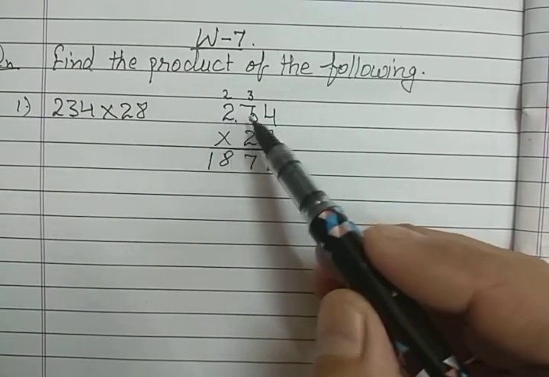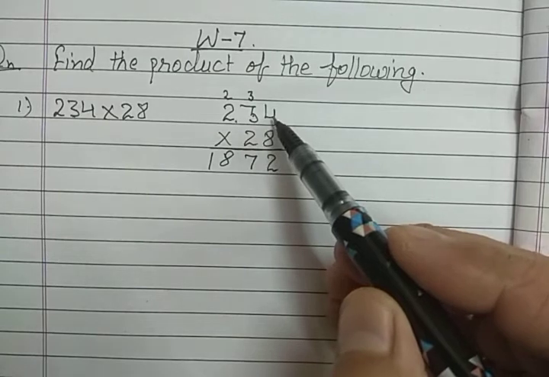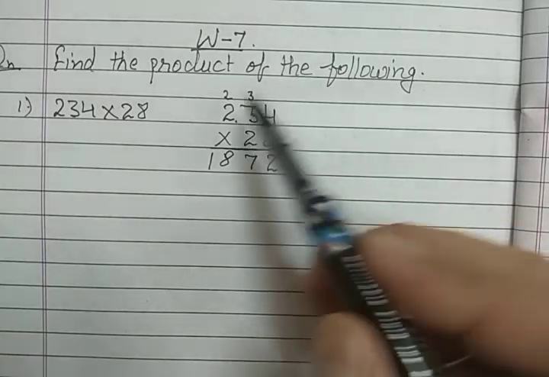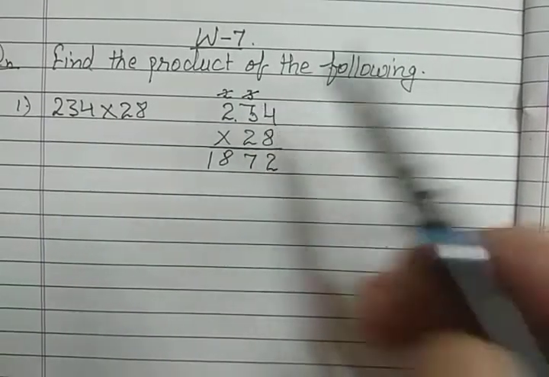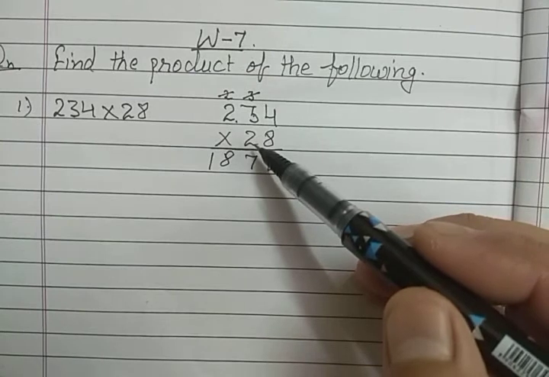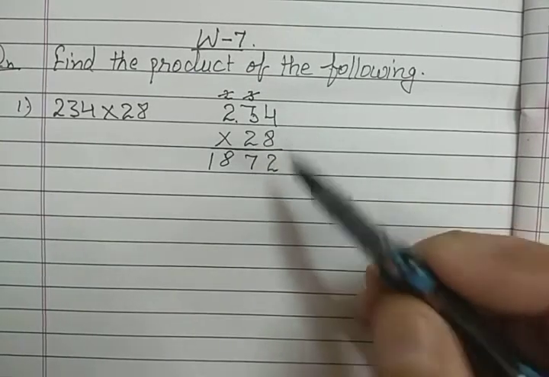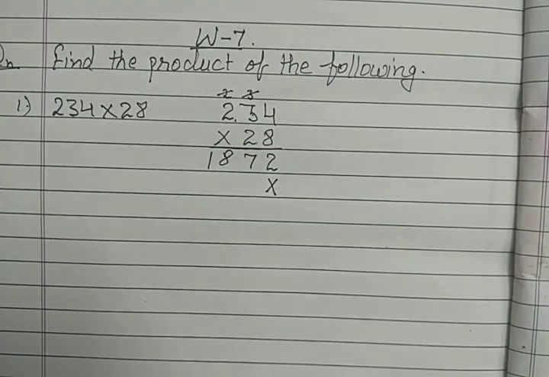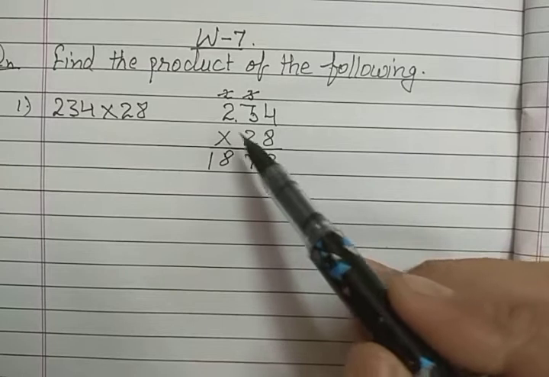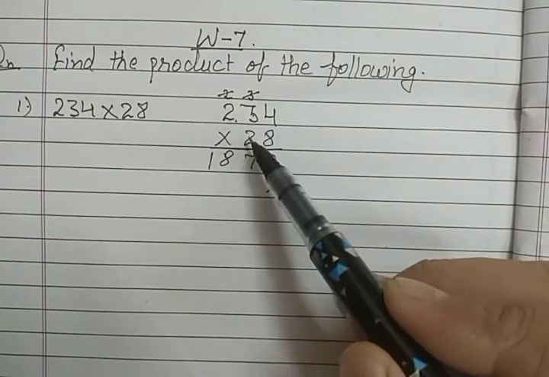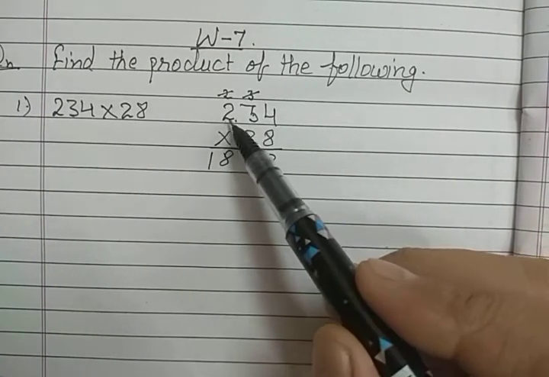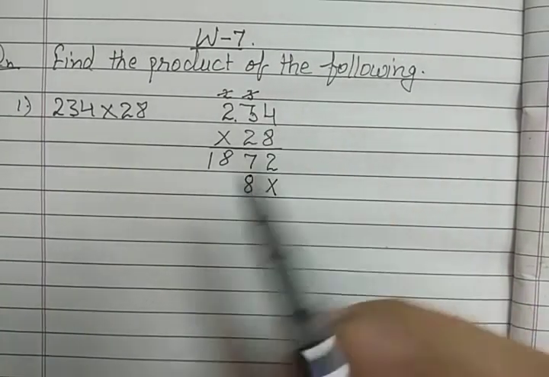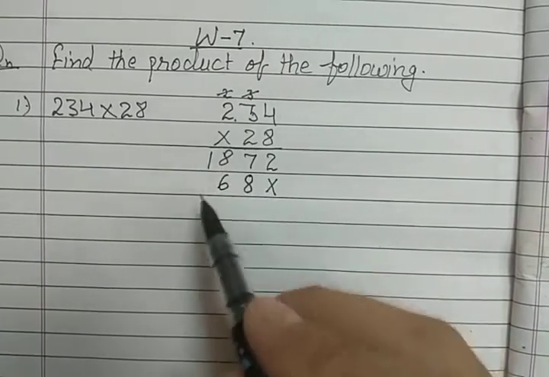Now we have to multiply this 234 by the digit at tens place. So what is here at tens place? It is 2. We'll cut these carryovers. Now what is in the second step? We have to put a cross or 0 at ones place, most important thing. Now start multiplying 234 by 2. First multiply by ones place, then tens, then hundreds. So 2 4s are 8, 2 3s are 6, and 2 2s are 4.